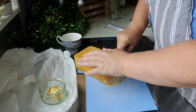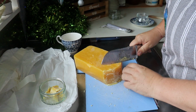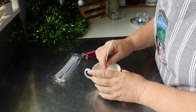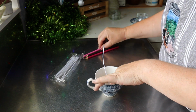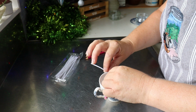So get the beads if you can. I think it's cheaper though, dearer to get the beads. It's probably why I bought the block. Right. So because I don't have anything to stick down there, we're just going to have to leave that. But to get the wicks in the middle, we need to